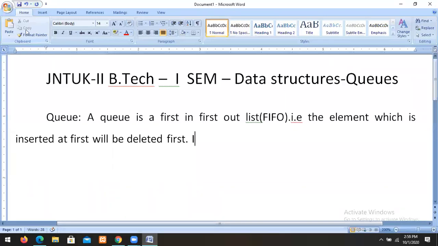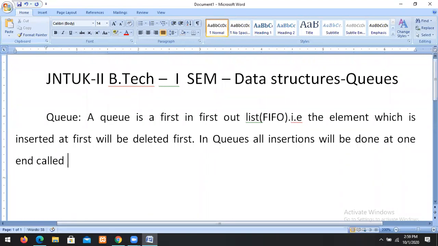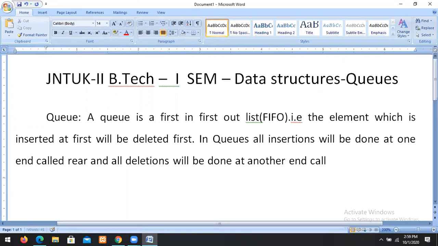In queues, all insertions will be done at one end called rear, and all deletions will be done at another end called front.